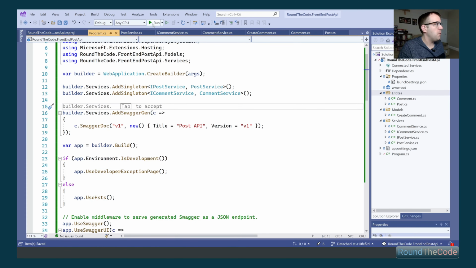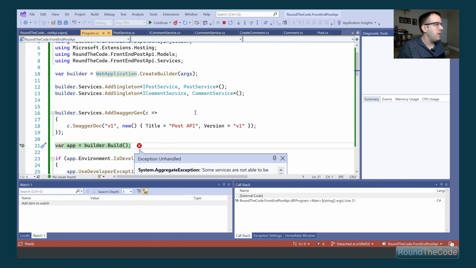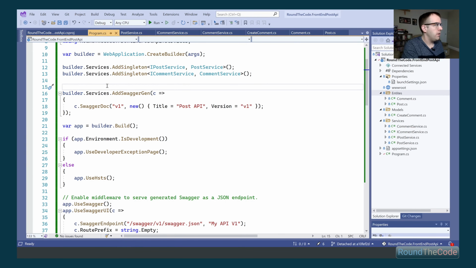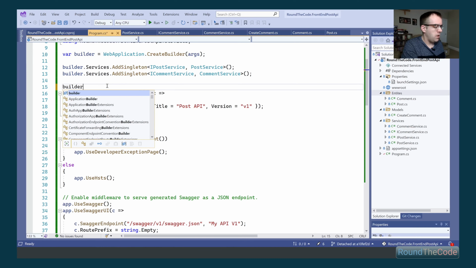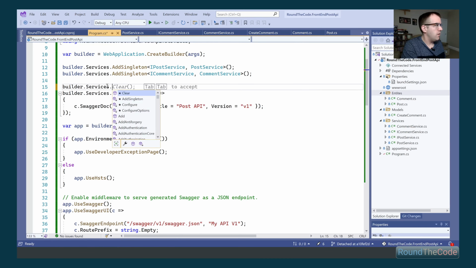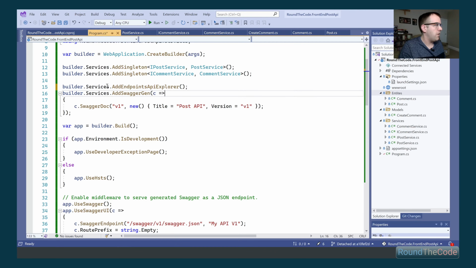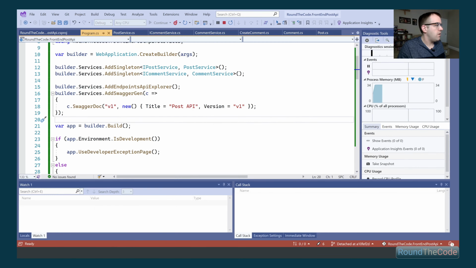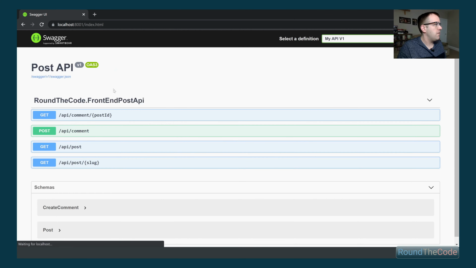So at this point, we're not going to see it in Swagger coming up because it's not going to work properly. But what we can do is call builder.Services.AddEndpointsApiExplorer like that. So now that that's running, let's give that a run and see if it's going to work for us.